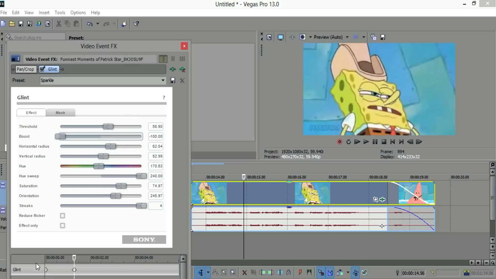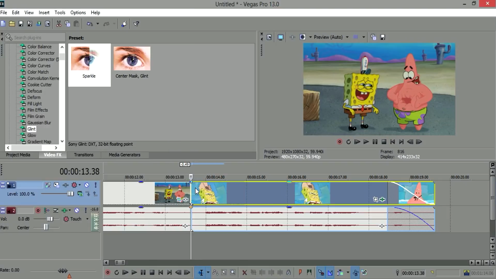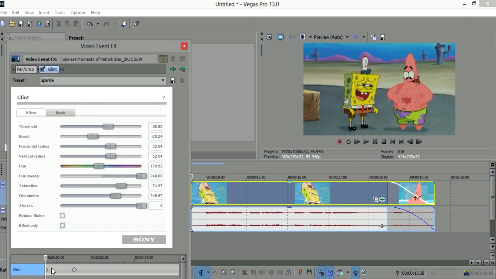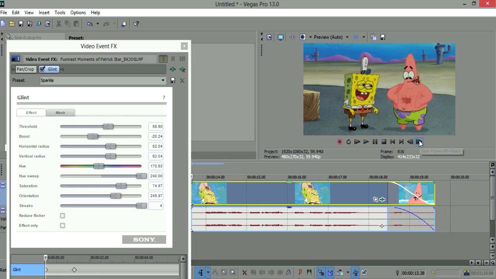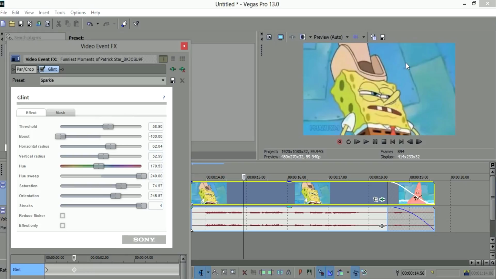So it should fade down because there's a keyframe, like the pan and crop. So everything in the middle, remember what I said about the keyframes? Everything in the middle. So right here I have the effect on, correct? It's like super powerful, and at this keyframe, it's not there. So everything in the middle is the effect draining down because I put the boost down, which is a setting in the effect. So it should gradually go down,